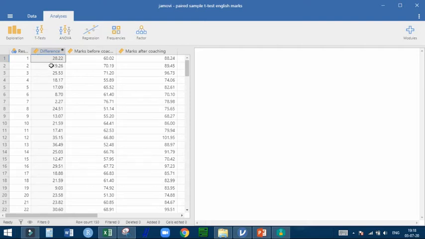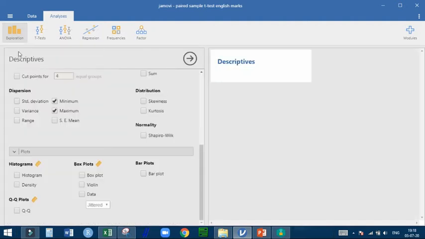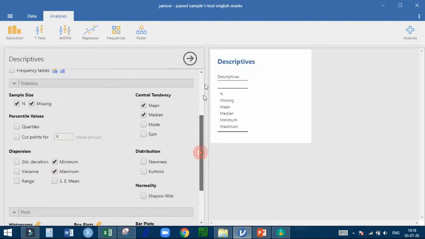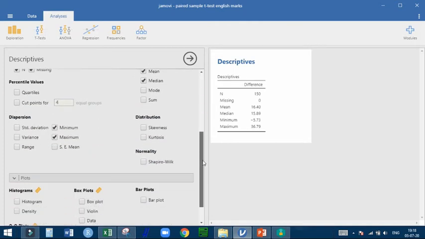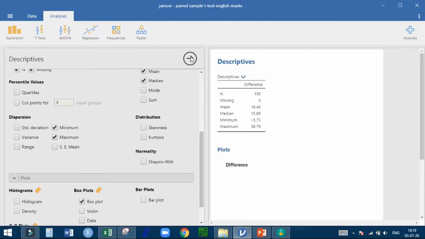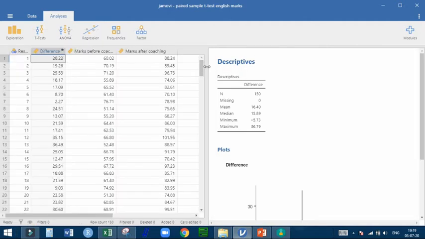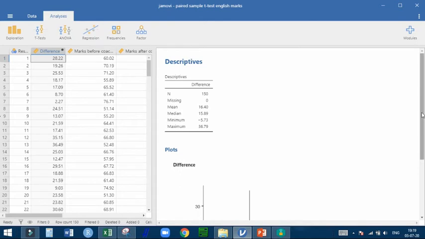To check the outlier, in the analysis tab click on exploration. In exploration click on descriptive. In descriptive we will shift the difference into the variables box and now in the plots column, click on box plot and now let's check our output.